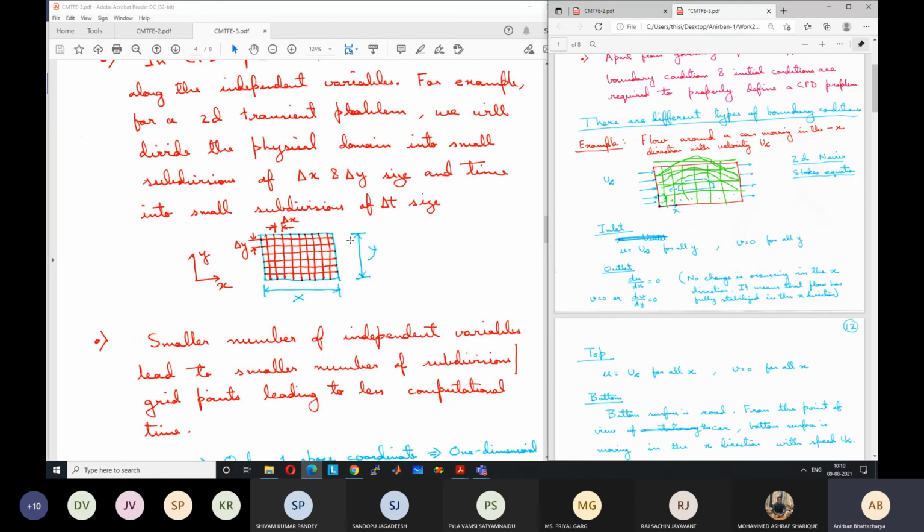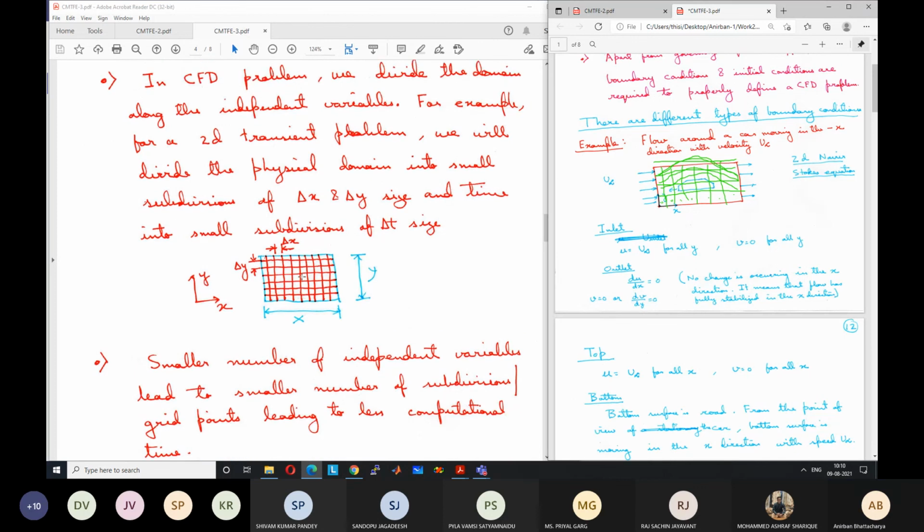It becomes very important. So this is one very important point. That's why, even for a complex problem, we always try to find a way to make it a 2D problem. There are many ways to make a complex problem, even a 3D problem, into a 2D problem. Again, let me give another example.